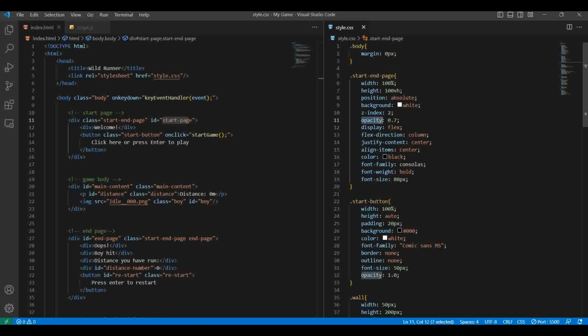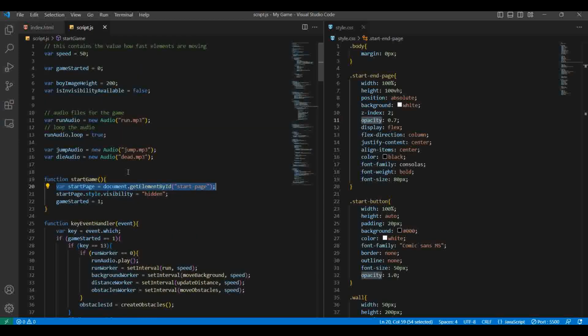Color is black because I need black text. I have used the font family Cancelas. That's my favorite font, that's why I used it on the first page. I have set font weight to bold because I need to make the text a little bit thick, and font size to 80 pixels because I need to make the starting page text a little bit bigger than the ending page. So if you go to the script.js again, I have set the start page's visibility to hidden